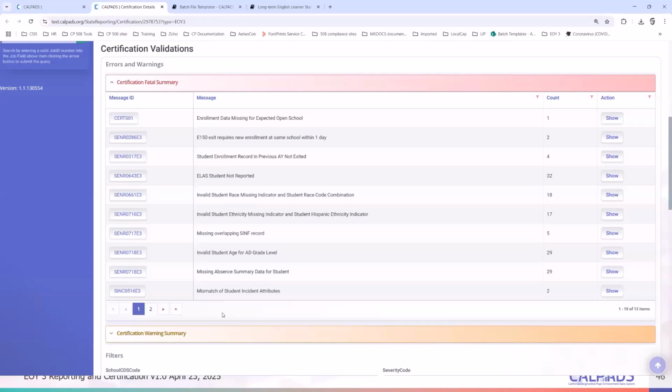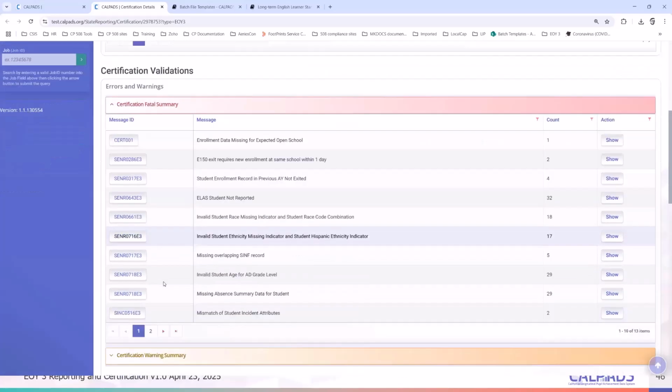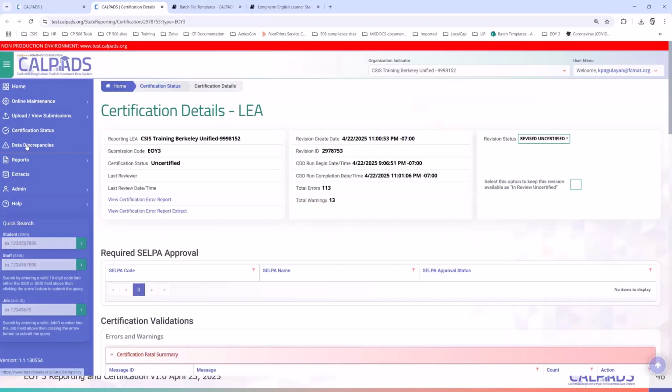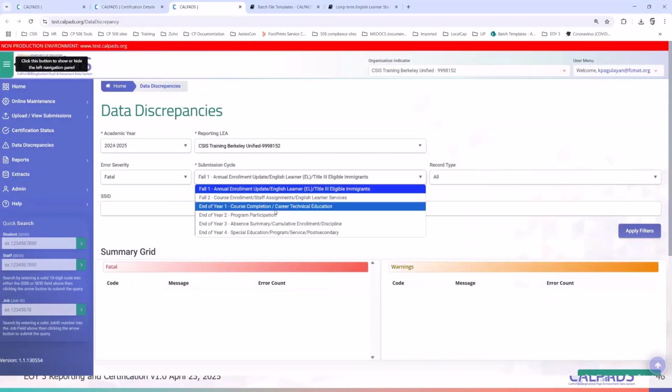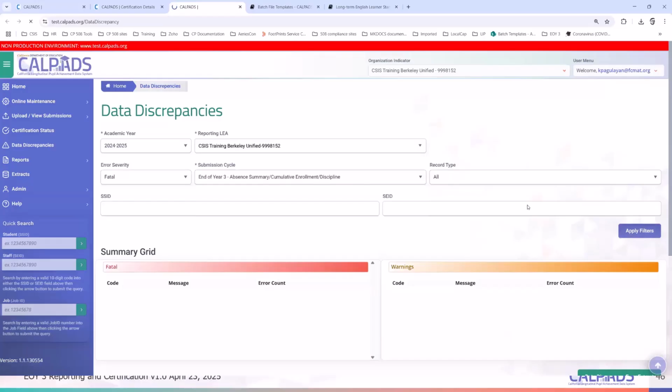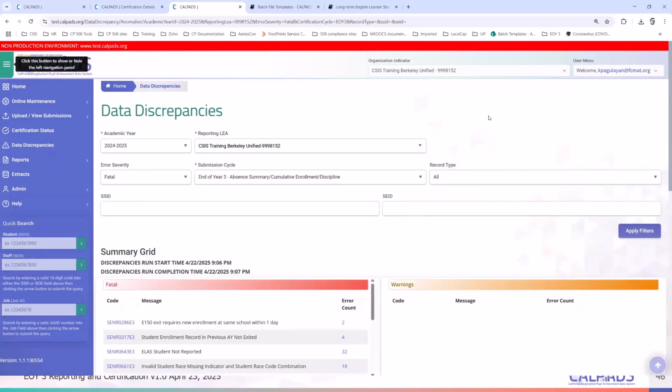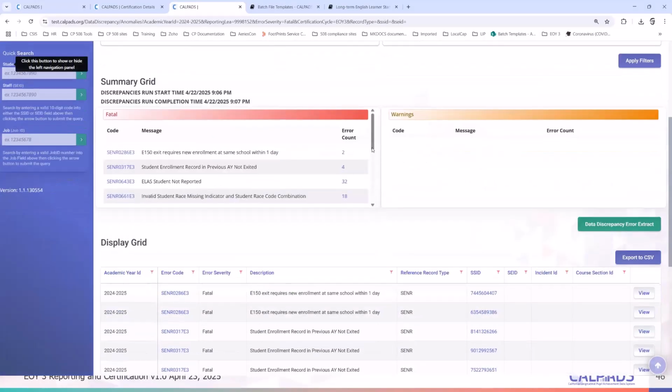However, since the snapshots haven't been activated yet for you to be able to access this, we recommend that you go to the data discrepancy section to see potential errors that you need to correct based on the existing records you have in CalPADS right now for end of year 3.